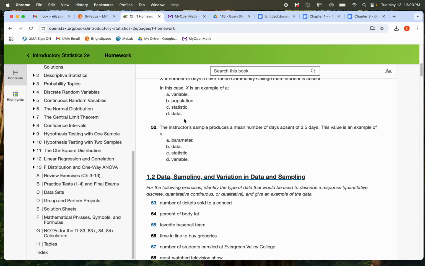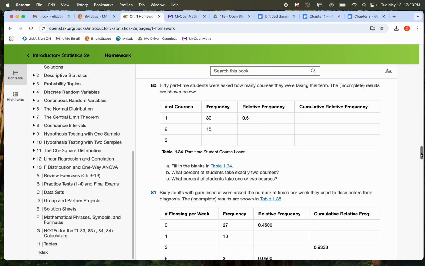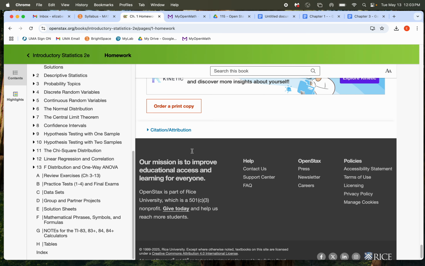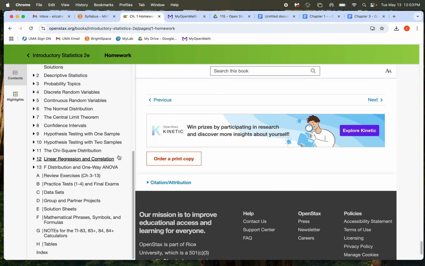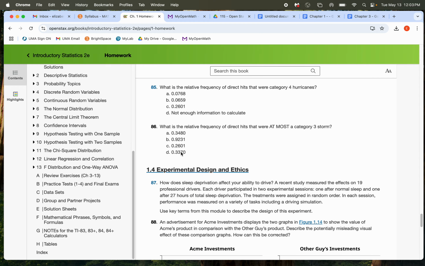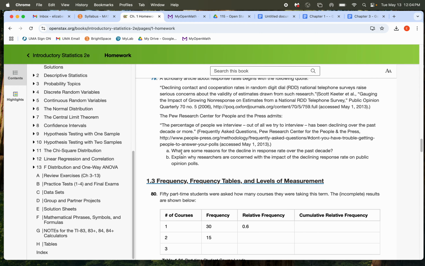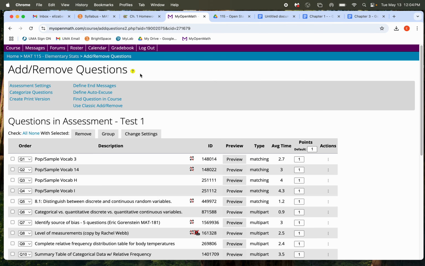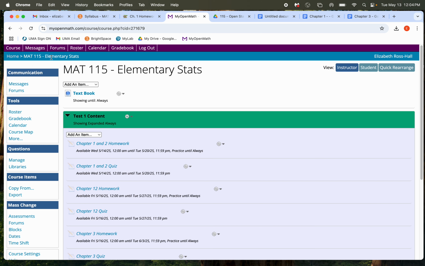Maybe you don't like it online. If you scroll to the bottom of any screen on this book, you have the option to order a print copy. If you click on that, it gives you the chance to buy a black and white or a colored copy if you want. My internet's being slow. So you have that as a choice. Don't feel like you have to use the online version. I just figured a free version was nice if it worked for you. So that's the textbook. Then MyOpenMath is where we're gonna do